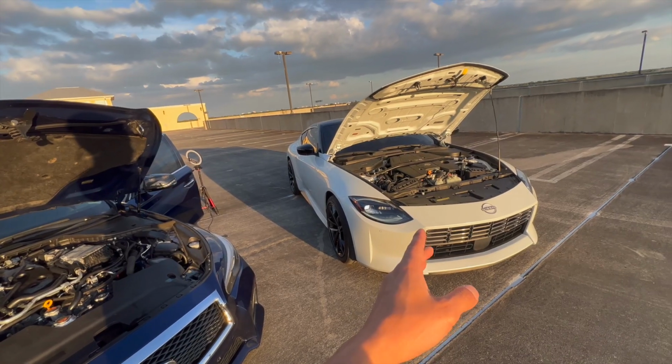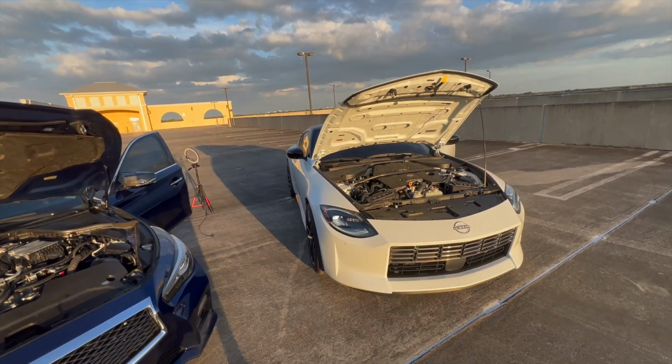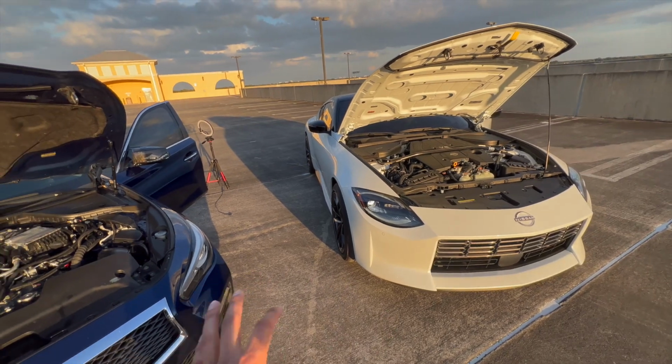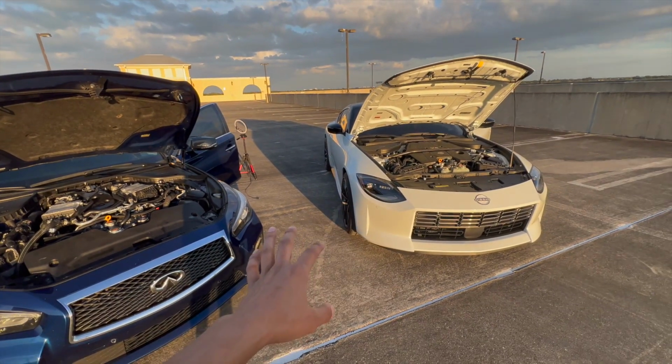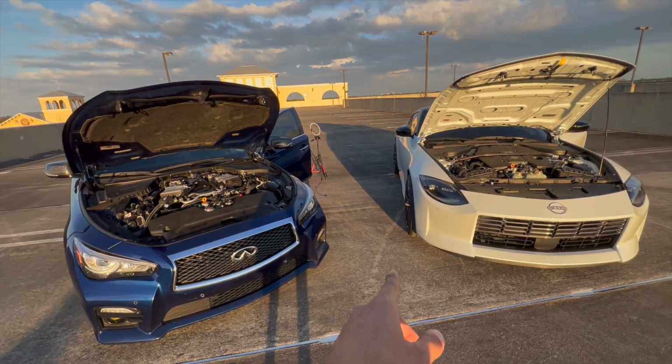But coming in the next couple weeks, this car is going to be getting tuned, and I am putting on high pressure fuel pumps and all that good stuff on this car. I'm going to try to get it to a point where they're equally matched. That way I can compare both of them in a race. So if you want to see this race happen between these two